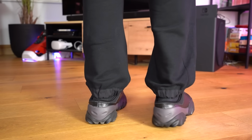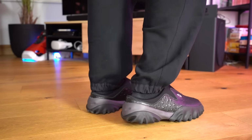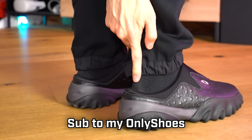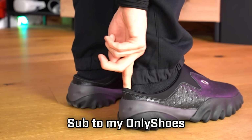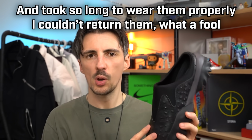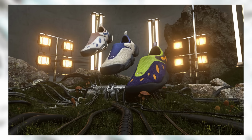The downside though, these came up really big for me. These are a UK 11 and they are definitely at least half a size too big. I feel like they just flap around when I walk, and that is made worse by the fact that the outsole, whilst looking awesome, is also really heavy. That is a shame because it makes me not want to wear them that much, but they are really cool looking. I think I picked them up on sale, so they weren't mega expensive, and it's worth seeing if you could pick up a different model in the collection. I would definitely be after the slip-on version of these,